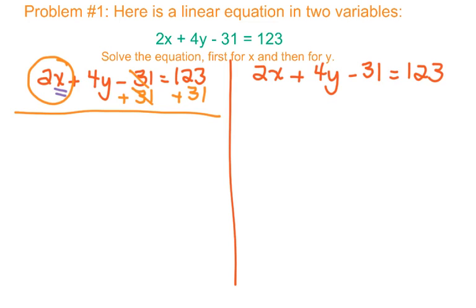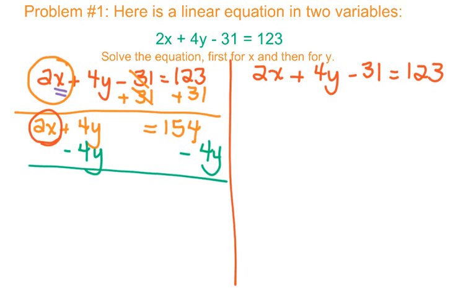Negative 31 plus 31 becomes nothing, it's 0. So I'm left with 2x plus 4y on the left is equal to, now that I've added 31 to the right-hand side, 154. Again, I'm looking to move towards isolating the term 2x by itself. So now I'm going to subtract 4y from each side of the equation. When I do that, I'm left with 2x on the left is equal to